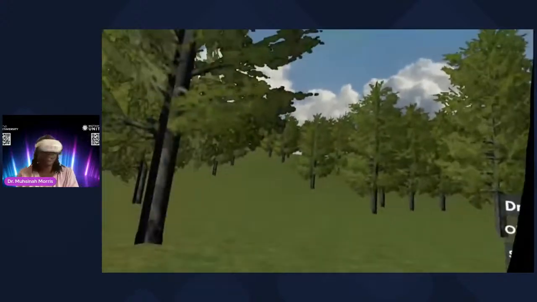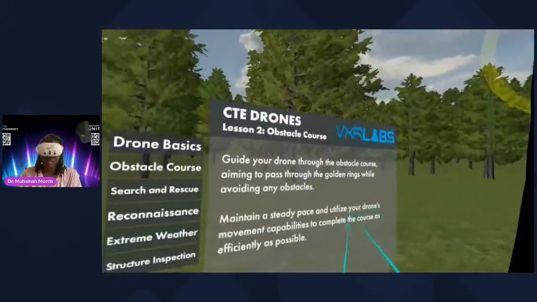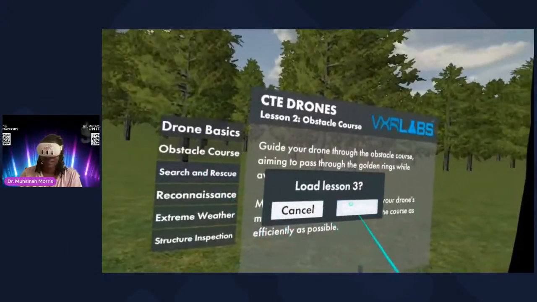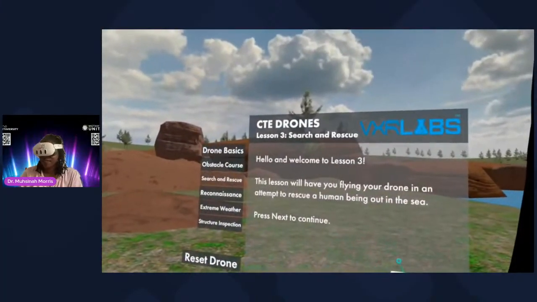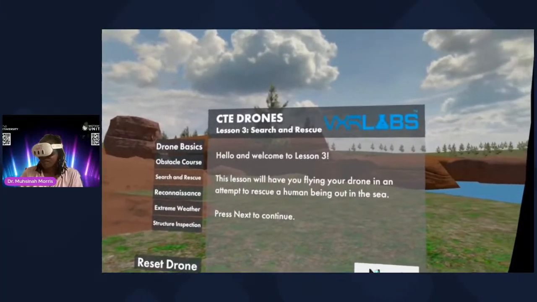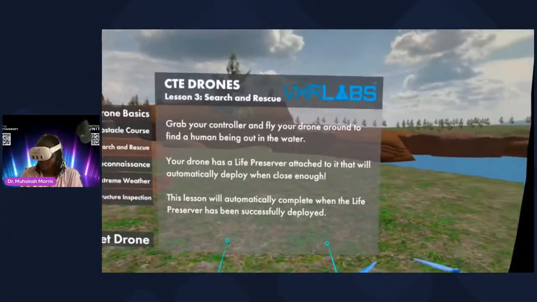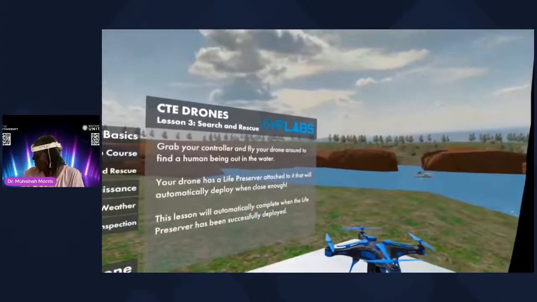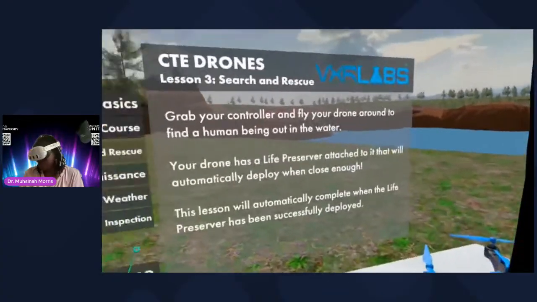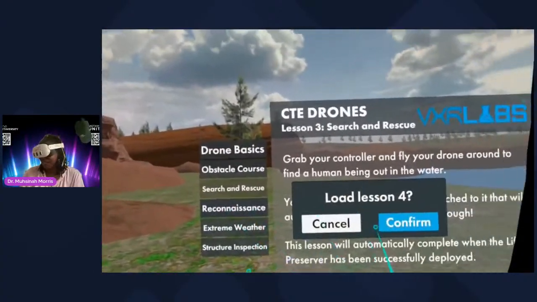But if you go through that ring, it gives you a nice little confirmation. And then here's another one. You have to rescue a human being, and it shows you that you have a life preserver, so you're supposed to go out there and send your drone to rescue. Then reconnaissance,